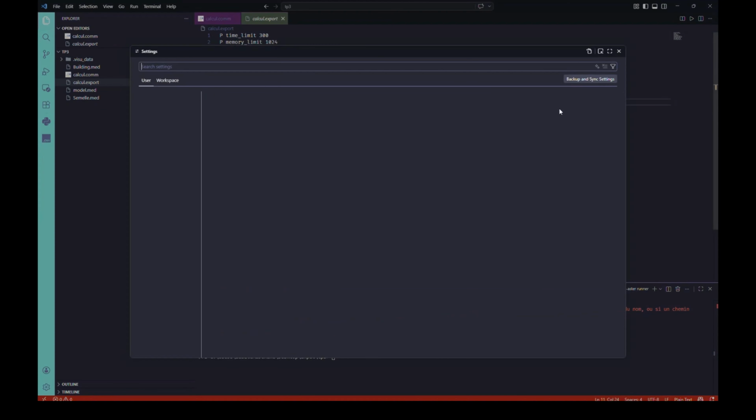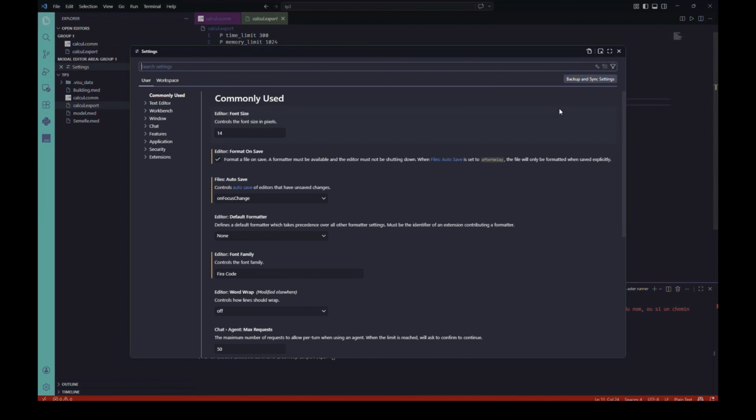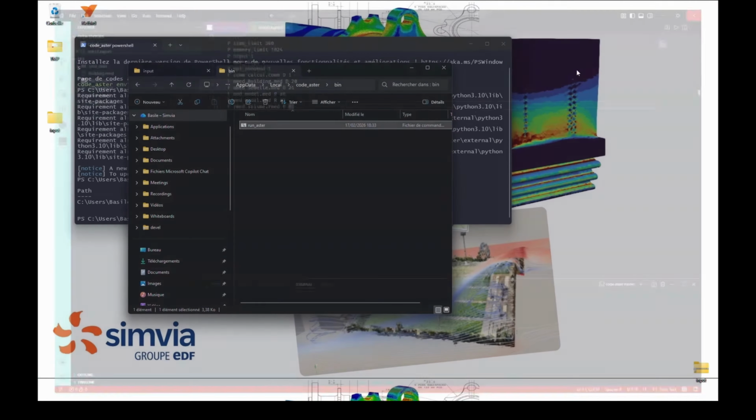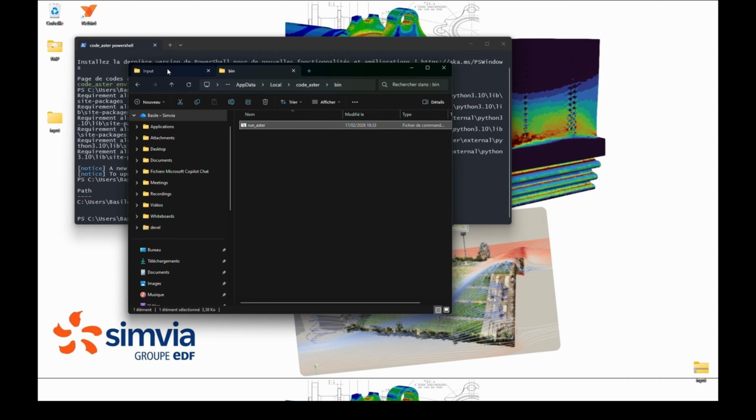And then we go back to the VS Code extension user settings in the Codaster section. And there you will see a setting that lets you define the command used to launch a Codaster calculation. By default, the value is cavrun. This is where we paste the path to the bat file. And just like for the Python path, remember to remove the extra quotation marks around the path. Once this is done, close Visual Studio Code, then reopen it in your study folder.